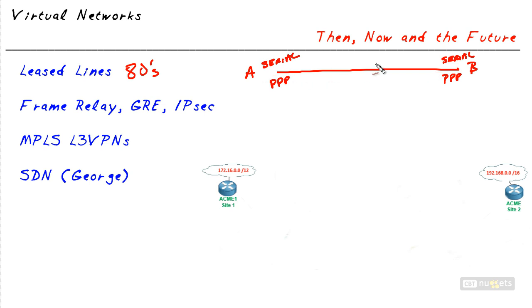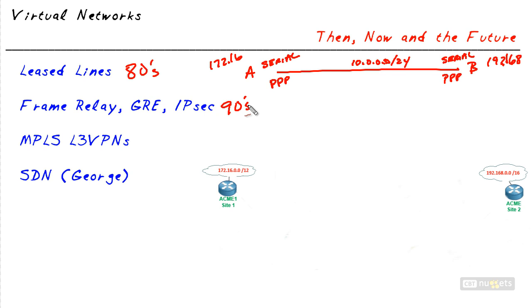So if we wanted to call this link 10.0.0.0/24, and maybe over here we had the 172.16 and 192.168 on the other side, and then we have a routing protocol, we're all good. We simply have a circuit that we can go ahead and use for our connectivity, and we pay for it 24/7. Now, as we move to the 90s, I remember being at Paramount Pictures when Paramount was starting to migrate